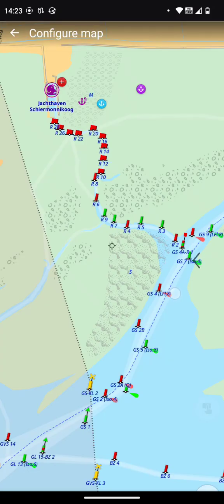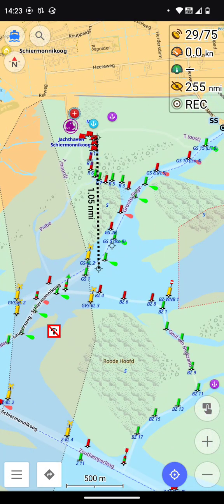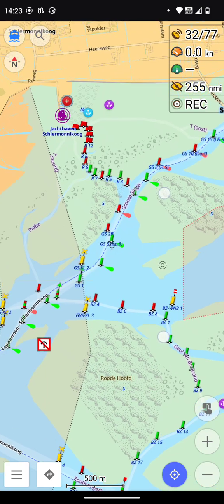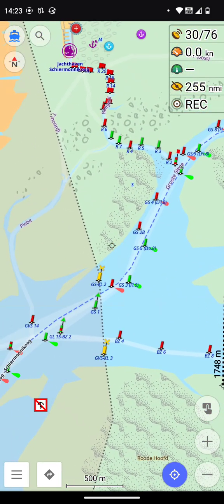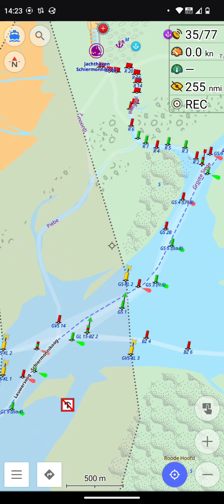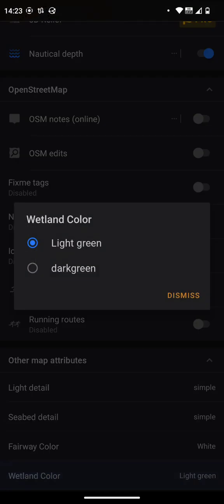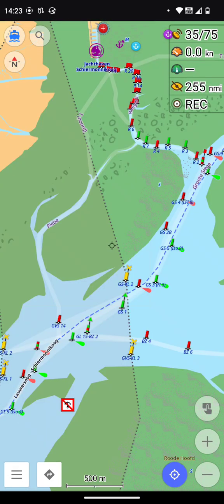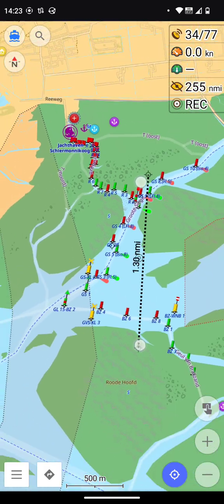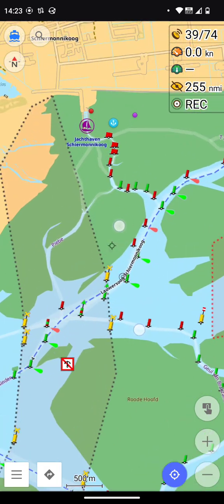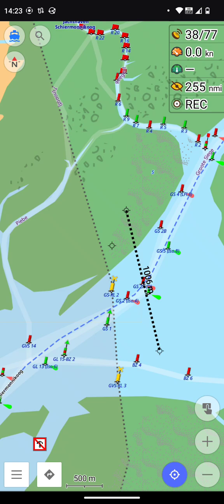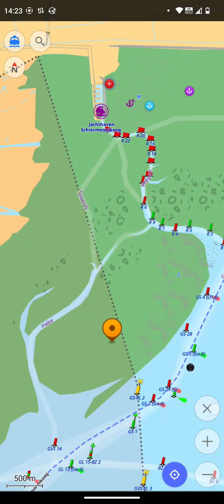And the wetland color is light green, like it is on paper charts, but the contrast between the light blue and the light green is pretty low. So if you are outside in very sunny conditions, it's probably hard to see. So I added a setting for this, and you can put the wetland color on dark green, and then it looks like this. The information is the same, but there's a stronger contrast, and for my personal taste, that is better than